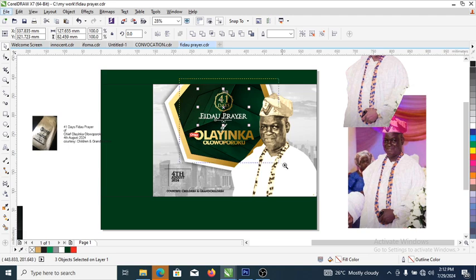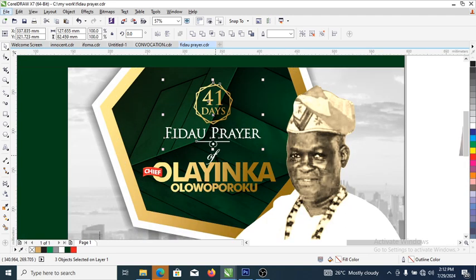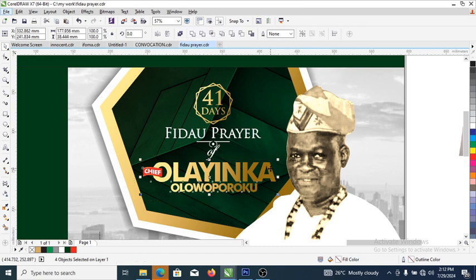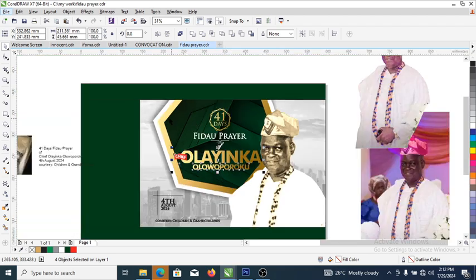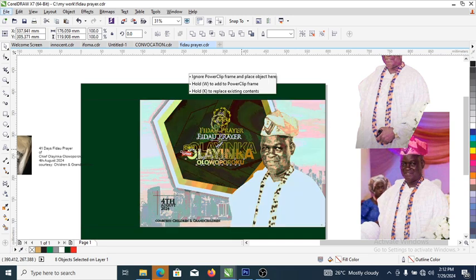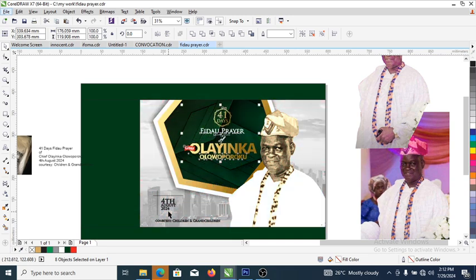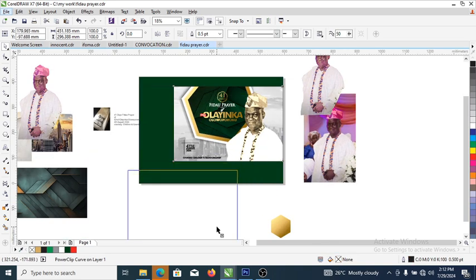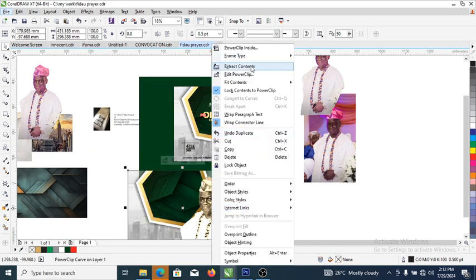There has to be some kind of prominence in between and differentiation between the name and the what's it called. Good. Reduce a little bit, position it well. Good. So right now what we're going to be doing is to make a copy of the picture, extract,